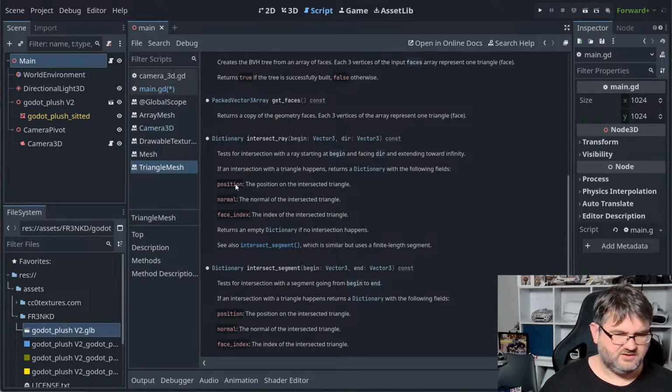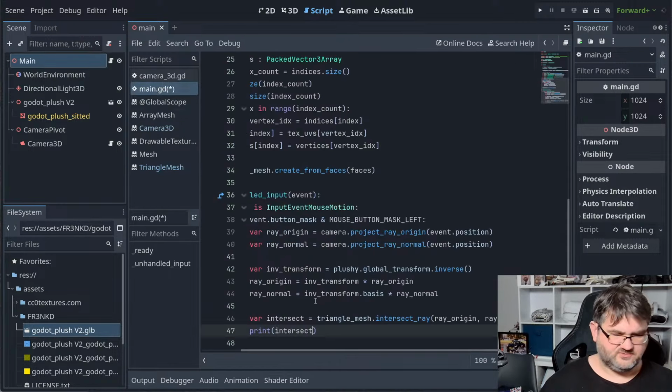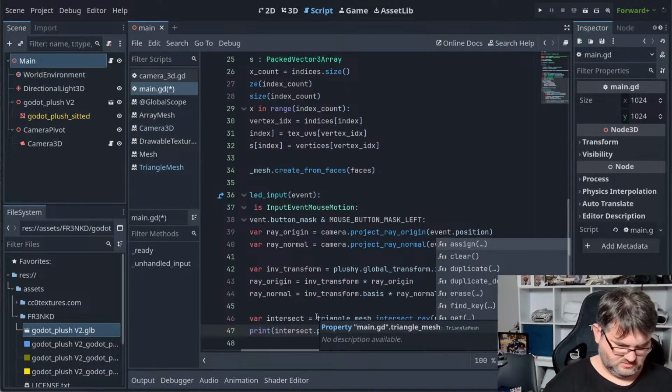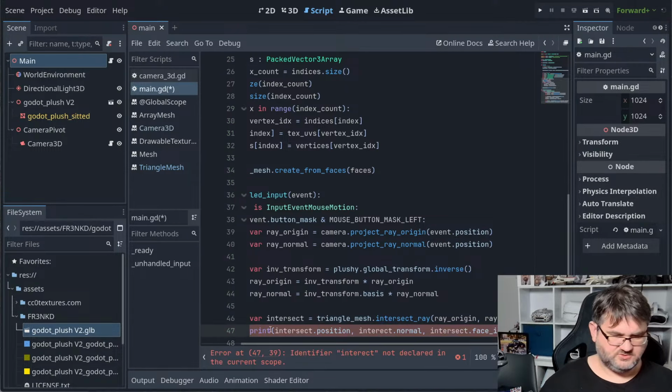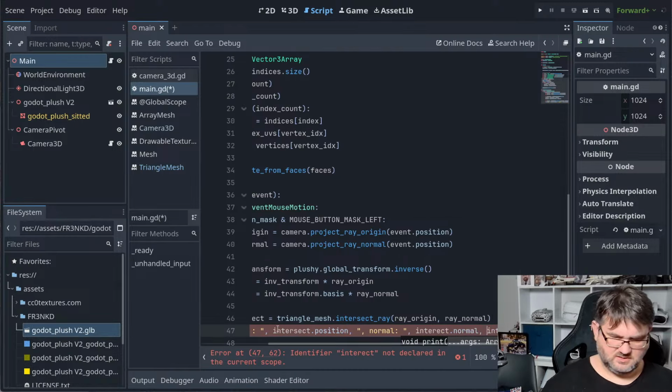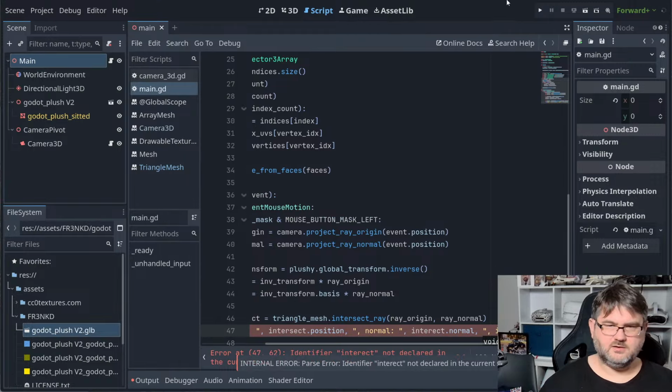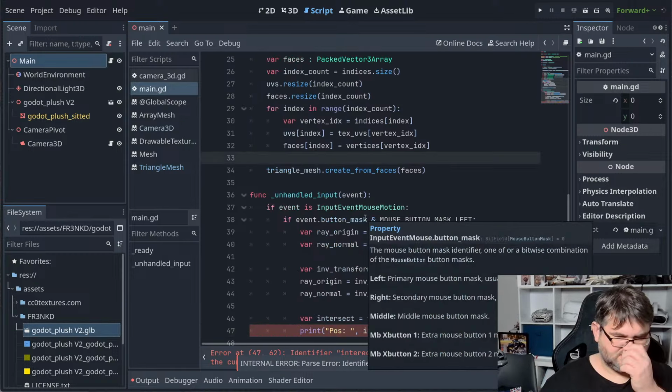So this is supposed to give us a position, normal, and face index. Dot position, intersects dot normal and intersects face index. Put some markers in between. And all right, let's see if we actually get